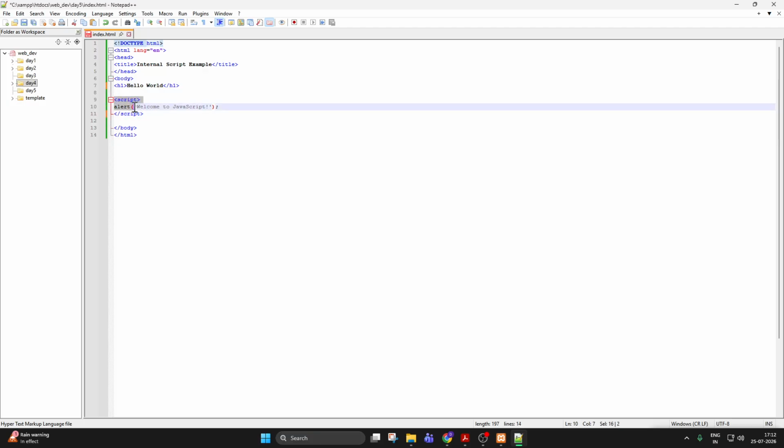This is basically JavaScript. And this is inside the body part, so it is called an internal JavaScript file. It is placed inside the body part or body tag. Here the syntax is you have to write the script tag, then your JavaScript code. In this JavaScript code I have an alert function. Inside alert I will write anything, like in this code